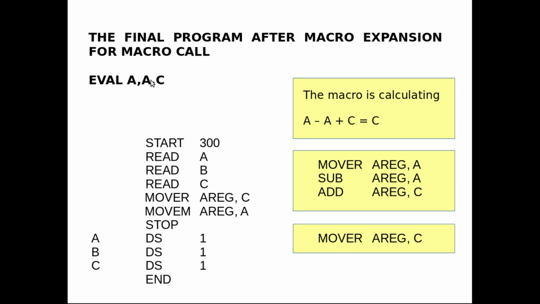And that's what the macro is doing. It's looking at the parameters that are passed, and if the first two parameters are not the same, it generates this code, and if the two parameters are the same, it generates this code. So the macro is a slightly efficient macro that can decide what code to generate based on what parameters are passed.